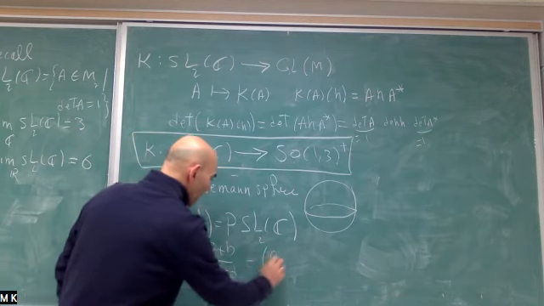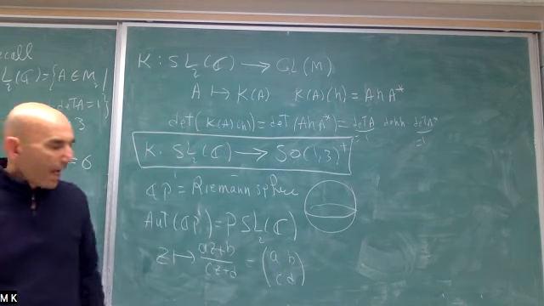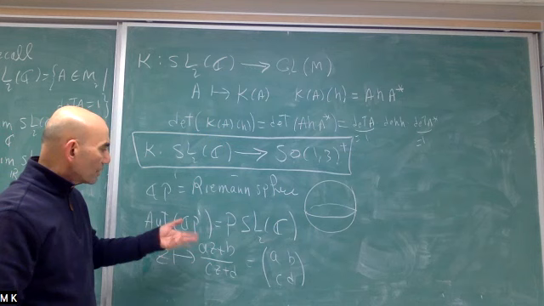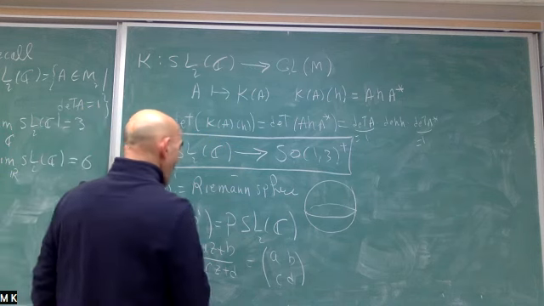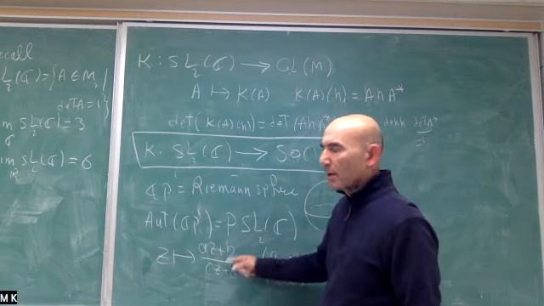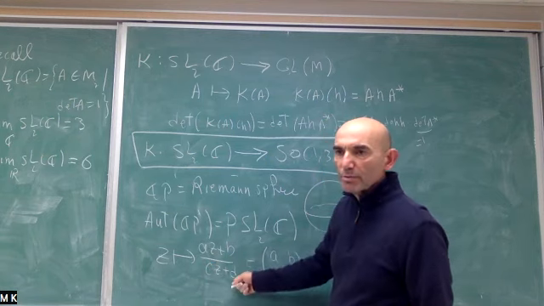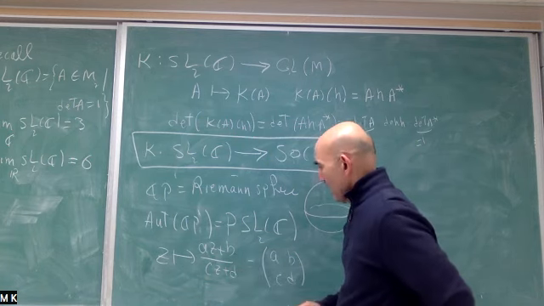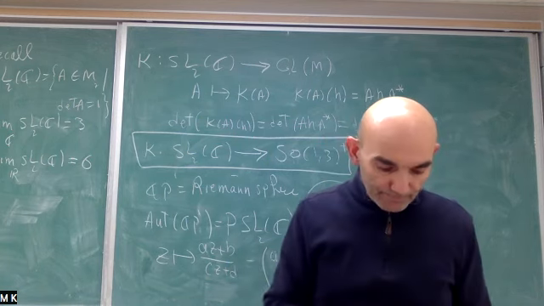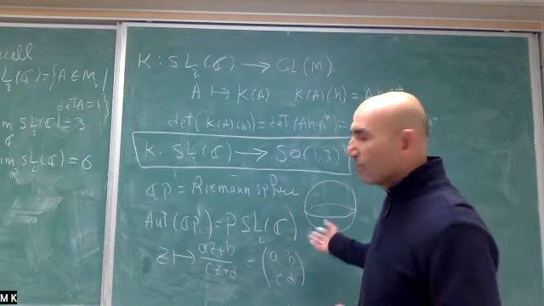which we just write as the matrix (a b; c d). And we have to divide by plus minus 1 because if you multiply by plus minus 1, it's going to be the same action; the ratio is going to be the same. Okay, so this is fine. Now, what this observation shows,